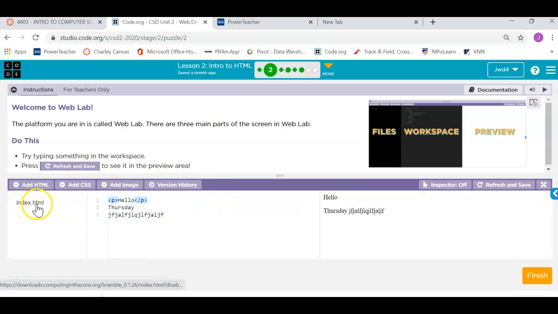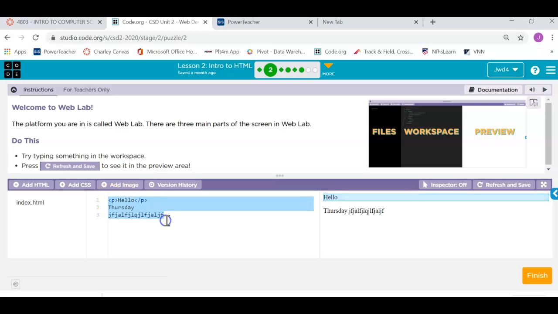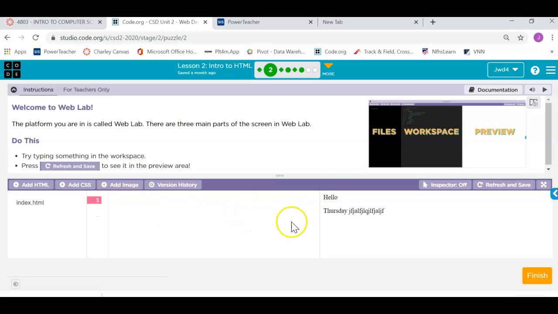And the index.html, this is your main home page. It's just not labeled home page. It needs to stay index.html so the web can identify that that's where your website starts from. And so in code.org, this is your workspace in the middle where you can type anything in here. And when you type anything in here, as you type it, it should show up over here in the preview